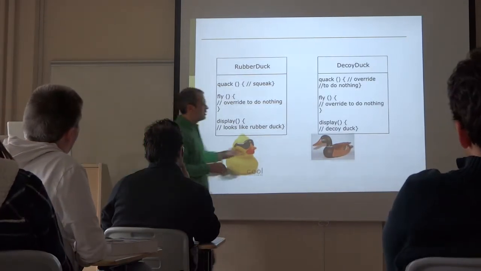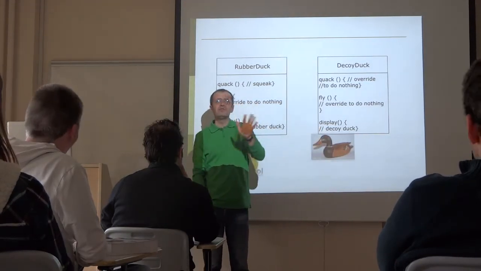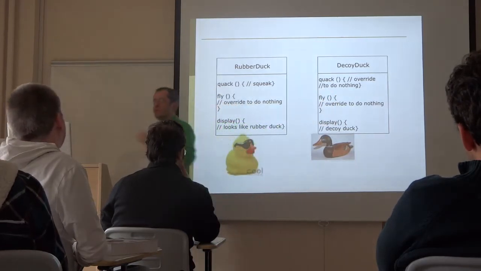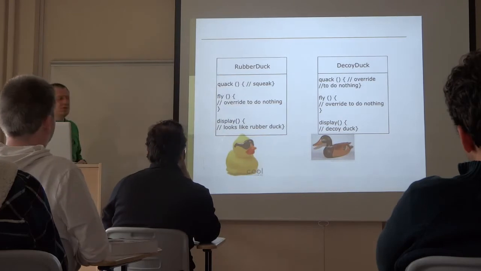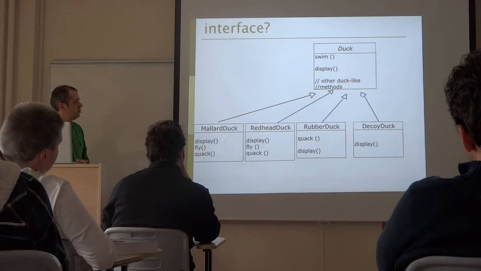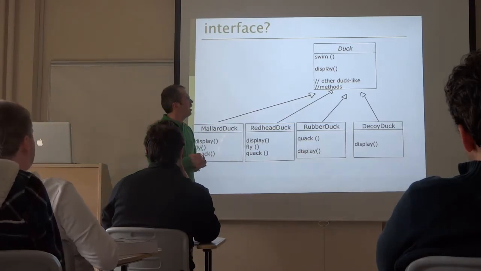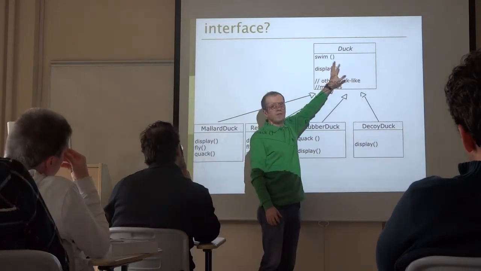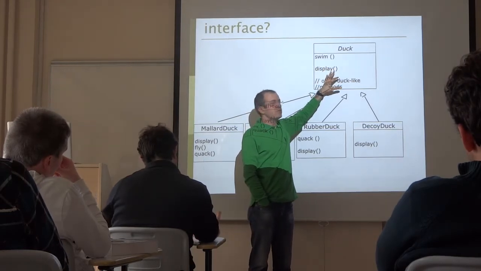And my customer says, all right, we want a decoy dog as well. So the difference with the decoy dog, it doesn't quack. So when somebody calls that, it's not going to do something. So here it is, the total thing, the full thing here. So what I do, maybe, if I have it as an interface again, not another concrete class,